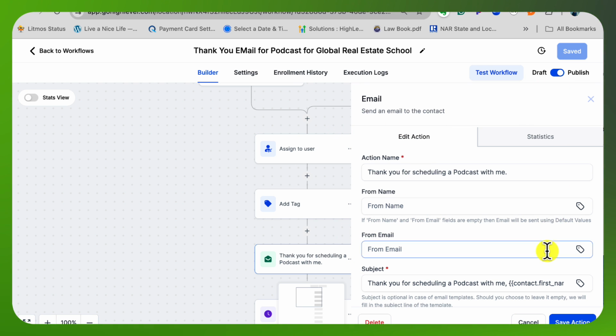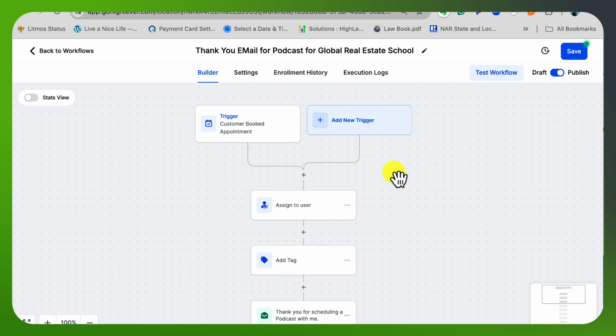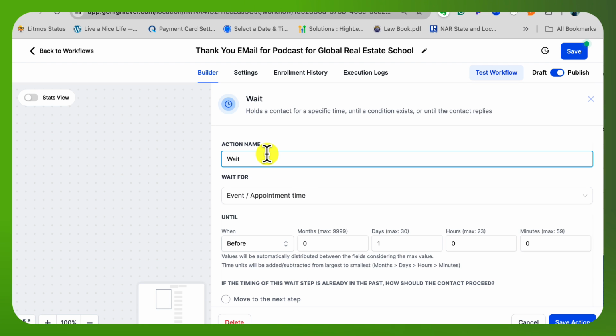Now, I just did this today. Sorry about that. I just did this today. One of the things, and this lady pointed that out as well, and I am too, is label these so that people kind of know what's going on. So this is wait 1 day before sending